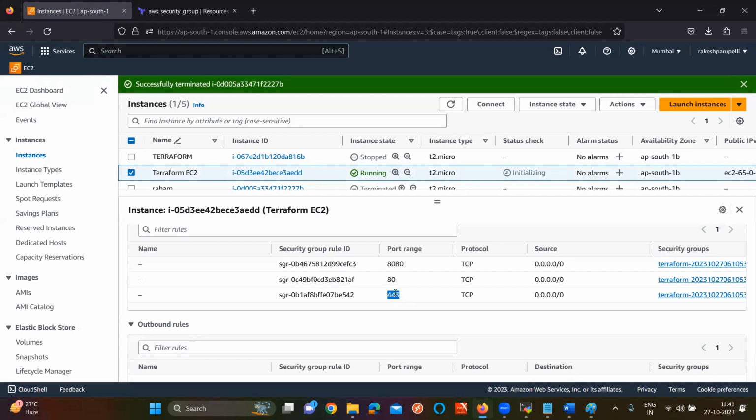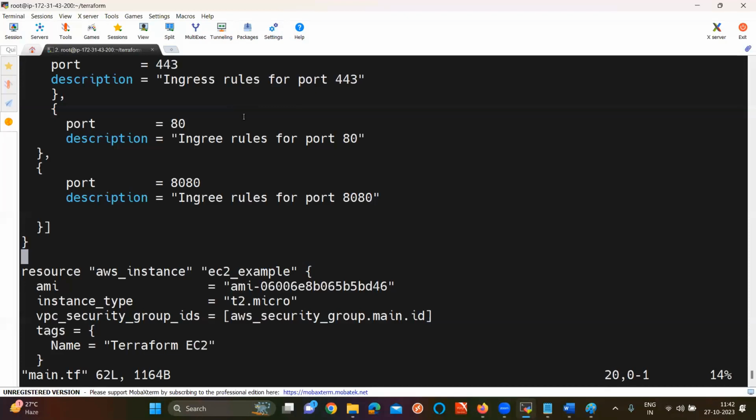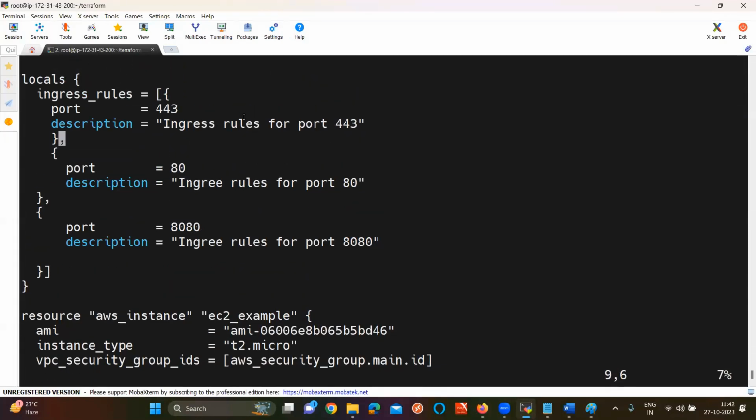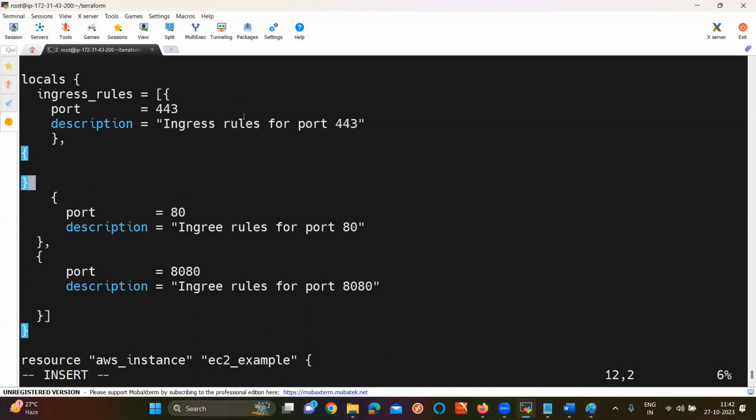Sir, if I want to add a new security rule, what will I do? I'll just go here and type like this. For example, if I want to add a new port, just open the brace and close the brace, and here in the middle, put this content.